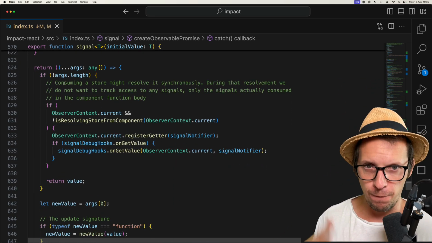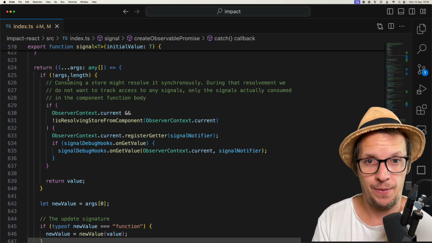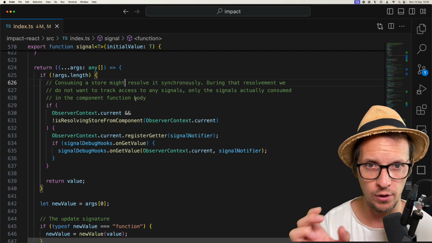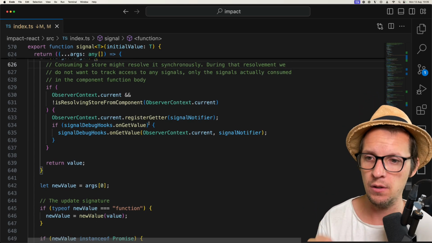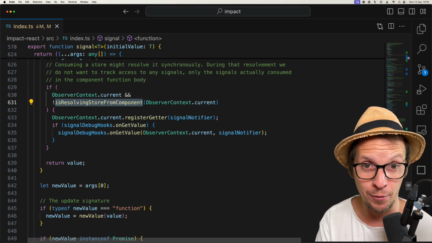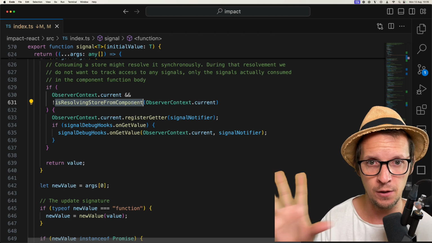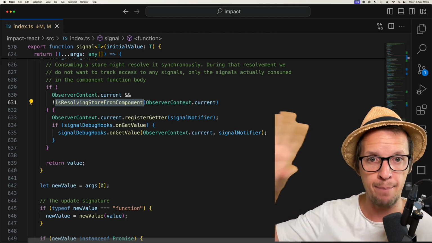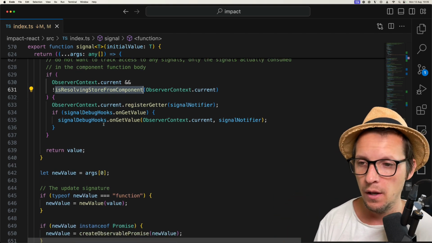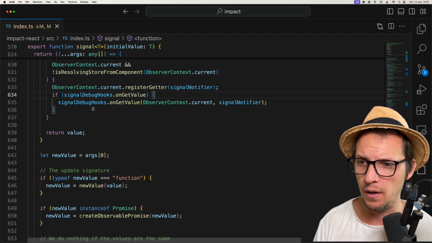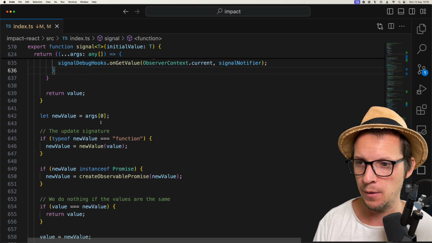And then we return the function that represents the actual thing that you use as a developer, where we check that if we don't have any arguments, it means you're just calling the function, which means we should unwrap the value. And if we have an observer context and it's not resolving a store from a component, if you remember, if it's in a component, we only want to track the signal's access in the component, not because it happened to resolve and instantiate the store. We register the getter, and if we have a debug hook, we run that, and then we just return the